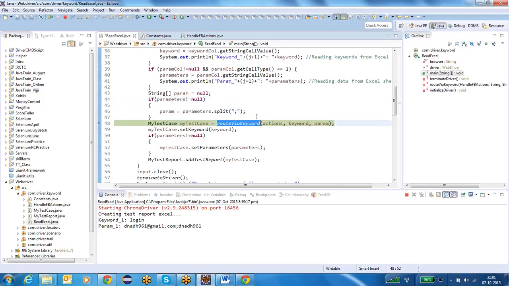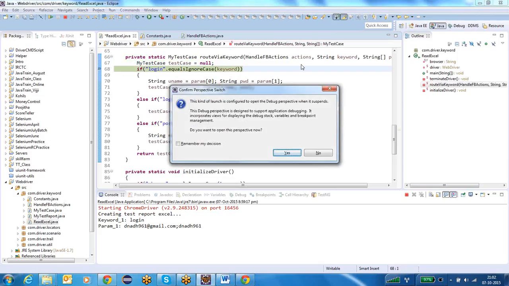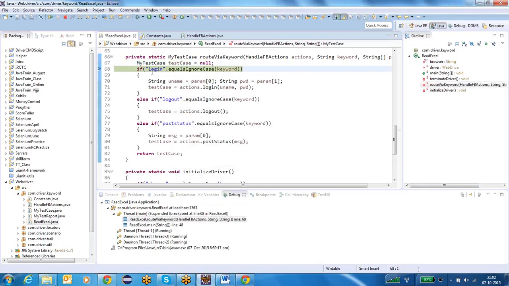So this is the main method which will take the decisions based on the keyword. In this, you are giving me the keyword and I am comparing the keyword. I know what all the keywords are that I provided in the Excel sheet, right? Because I designed the Excel sheet, I know what keywords will come. So if the keyword is equal to login, then